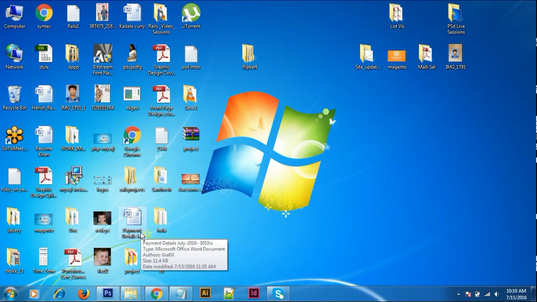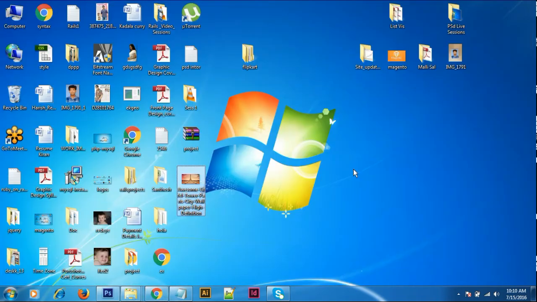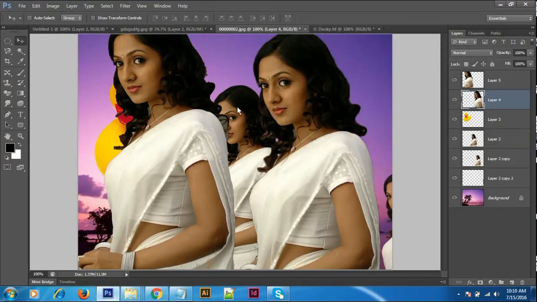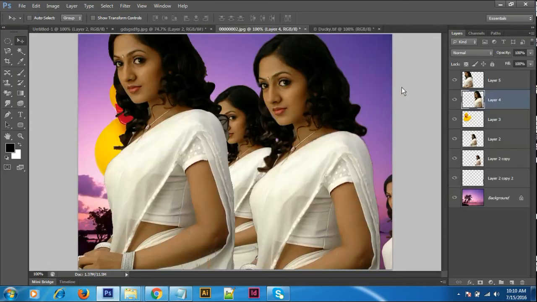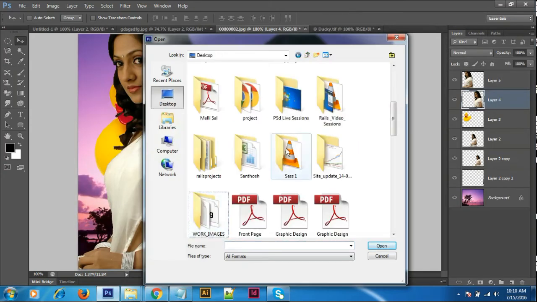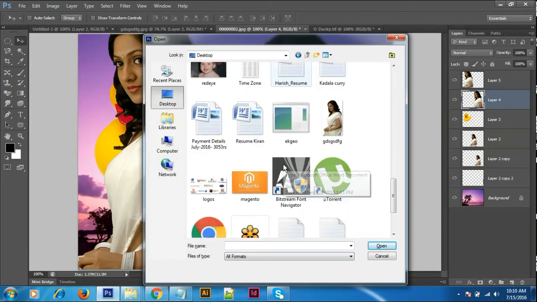Now this is the image. How can you import the image directly? You can drag and drop it in here. Don't go to a new tab. Or otherwise you can open with Control plus O where the image is. Directly you can open the image like this.